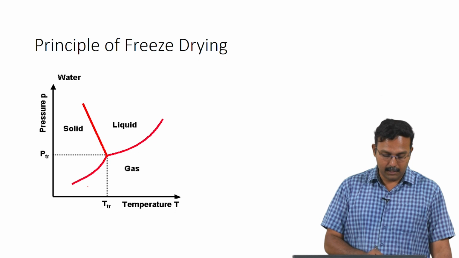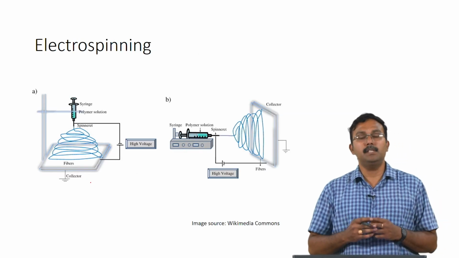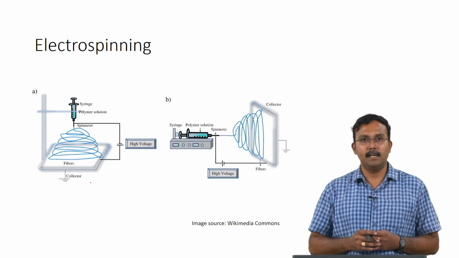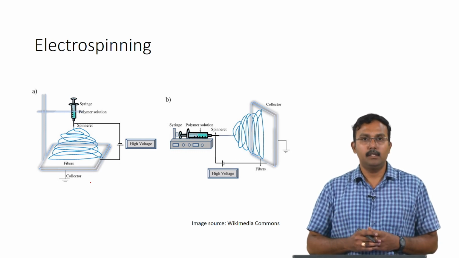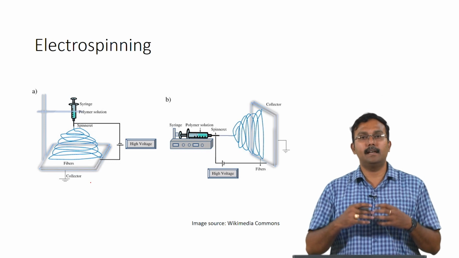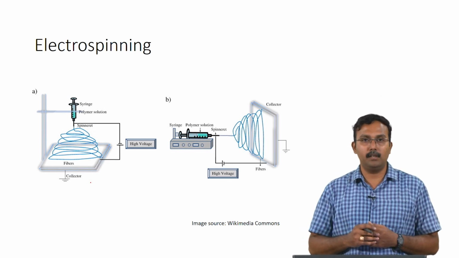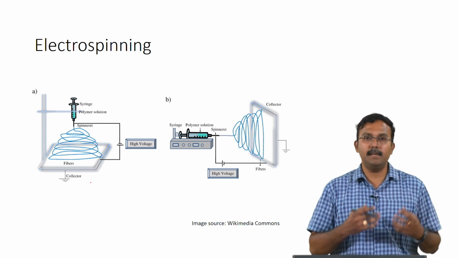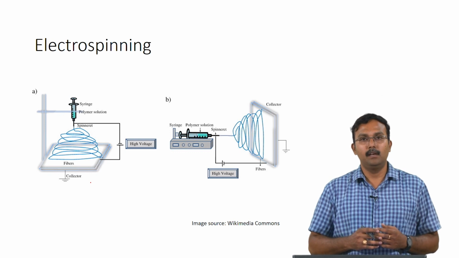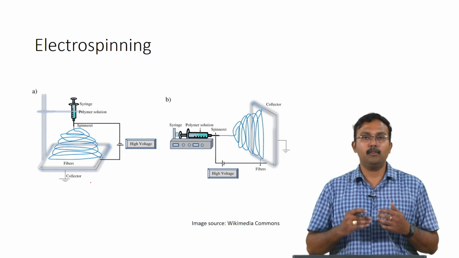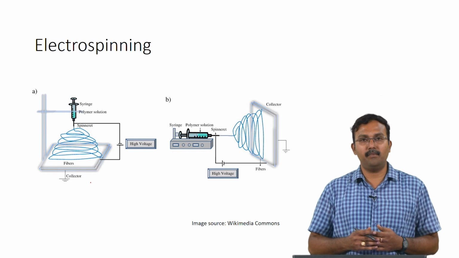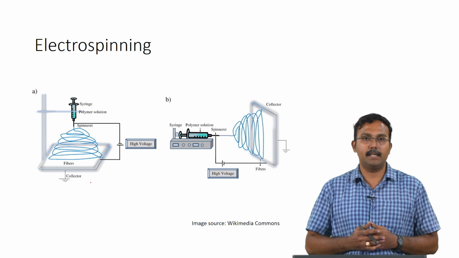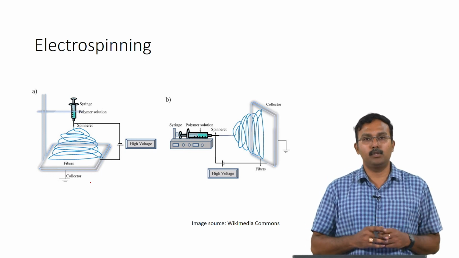So, let us move on to the next topic, which is electrospinning. As I already mentioned, some of the extracellular matrix is fibrous in nature. So, it is important to create a structure which mimics the natural ECM. For this reason, people have looked at textile based techniques such as electrospinning for creating scaffolds. Electrospinning creates nanofibrous scaffolds which have been studied extensively for a variety of different applications. So, let us look at electrospinning here.